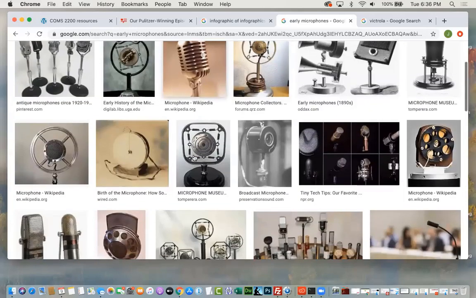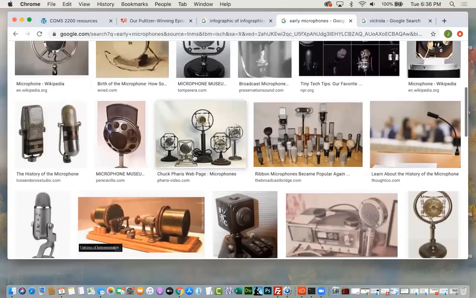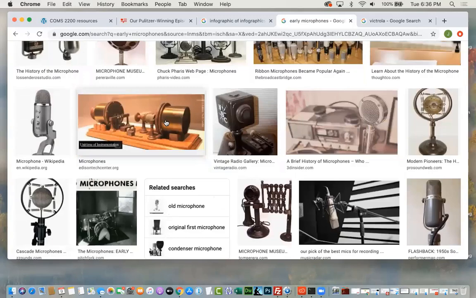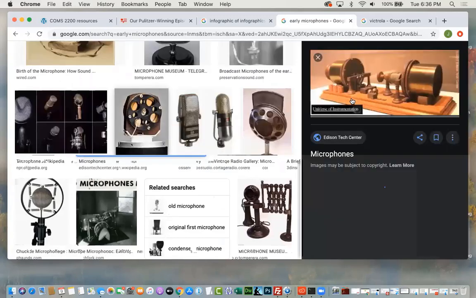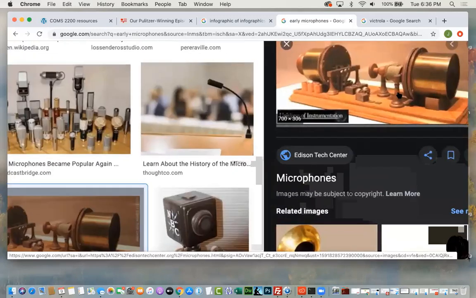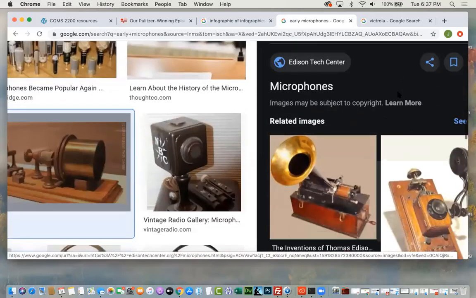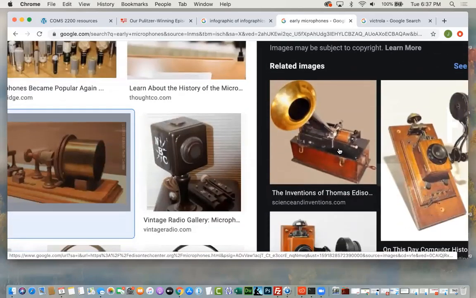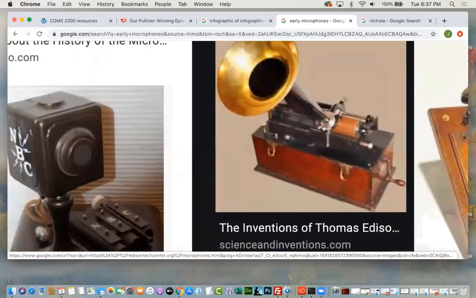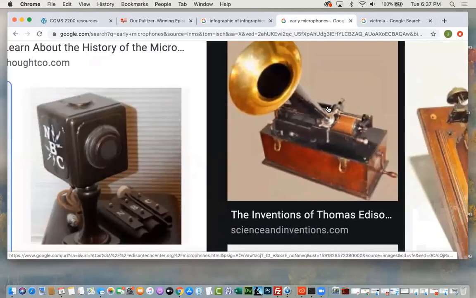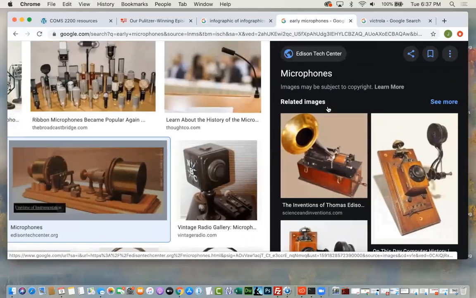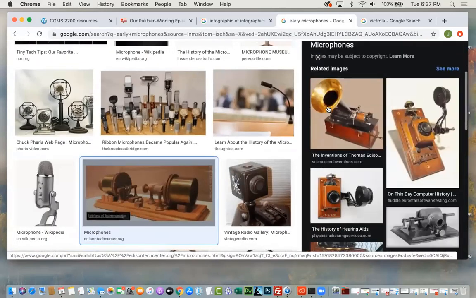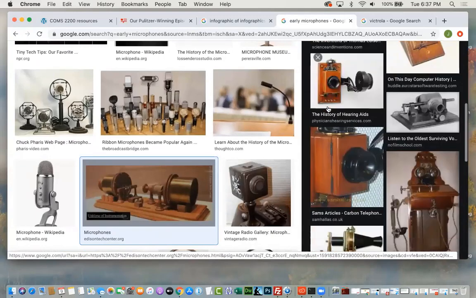Here are some really, really early microphones. There's one of the really earliest ones, as you can see, right? This is from Edison. You can see these are some of the cylindrical players of audio. Do you see that? So the cylinder goes there, the horn goes there, and that actually amplifies the sound, right? And then microphones come along and make this a lot easier.